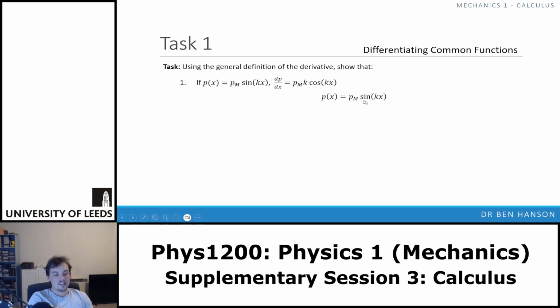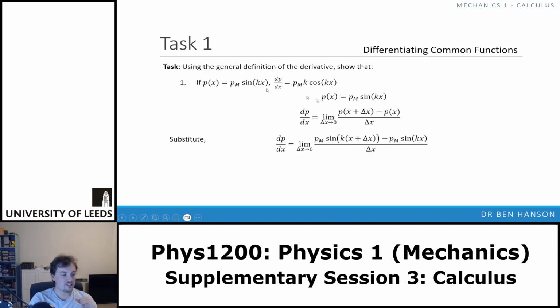Let's start with p of x equals pm sine kx. So we want to take that general form of the derivative again. So that general form of the derivative is the function at x plus delta x minus the function at x divided by delta x. Doesn't matter that before it was z and now it's p. Doesn't matter, it's all just symbolic. We can use whatever symbols we like. That's going to be important as you start to do different areas of physics. But we can use absolutely any symbol we like. So dp by dx,